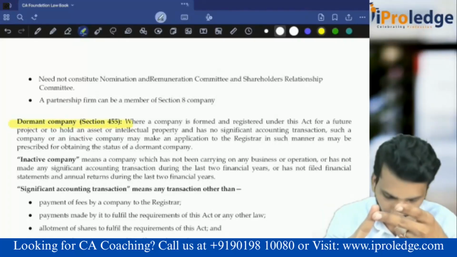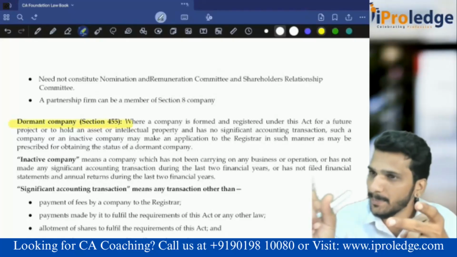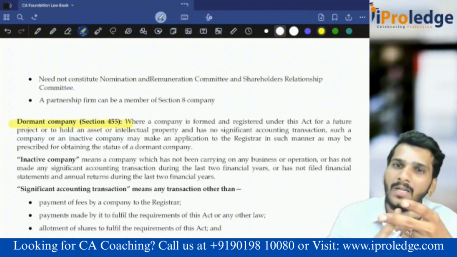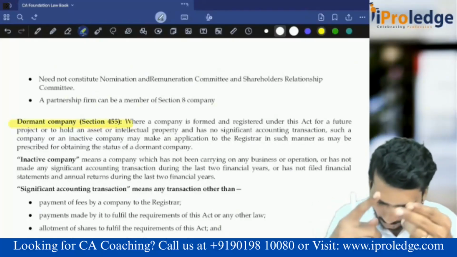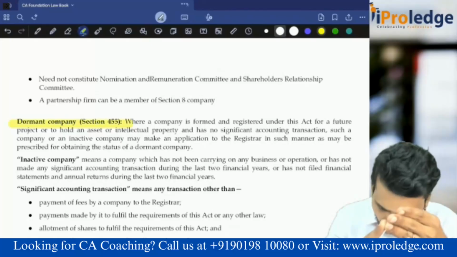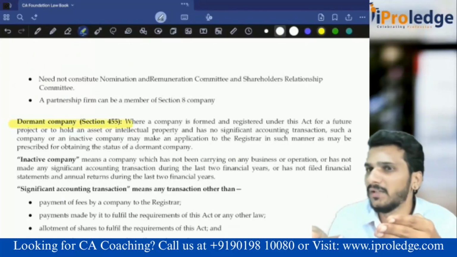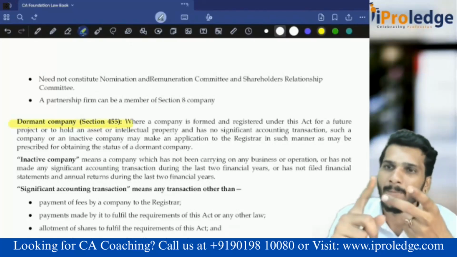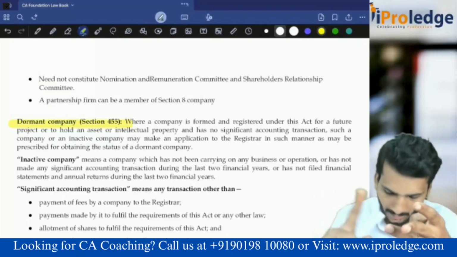Second one is payment of fees by the company to the registrar. To maintain the name of the company, you have to pay annual renewal fees to the ROC. That annual payment of fees to the ROC is not called a significant accounting transaction. That is as per the law. Then comes payment of anything to fulfill the requirements of either this act or any other act. Statutory things are not covered here. Payment of fees to ROC, payment of fees payable under this act or any other act, then issue of